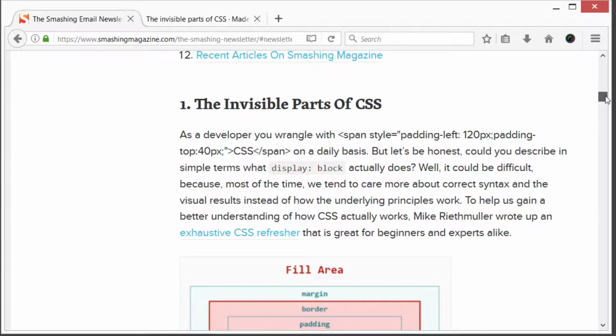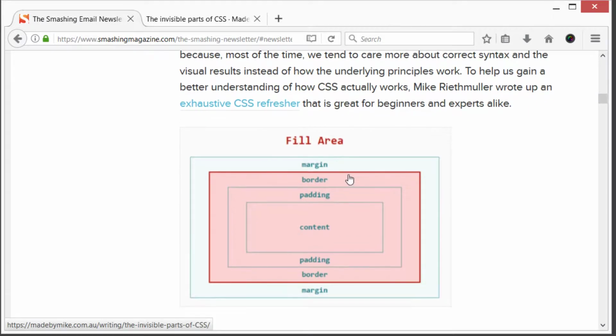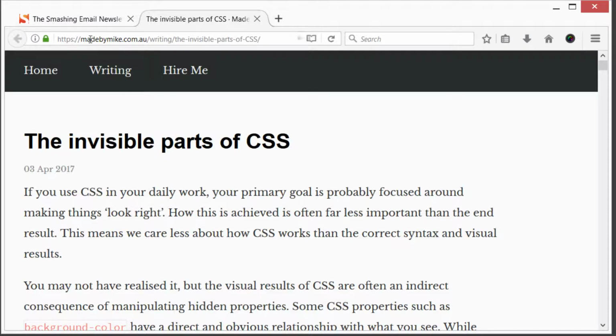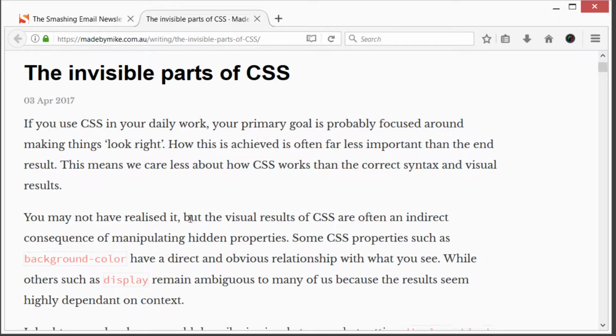One of the parts of this email was a link to the invisible parts of CSS article, specifically looking at how this particular page, or any element within the page, might render. I'll link to the actual article here, which is made by mike.com.au, and what Mike wrote is basically a little bit of a summary of all the things that we're used to and not used to seeing, and specifically